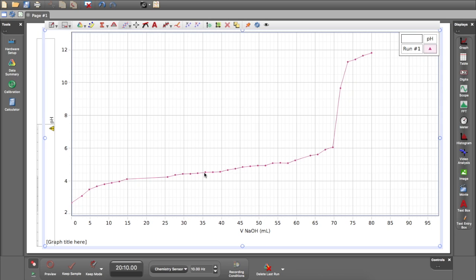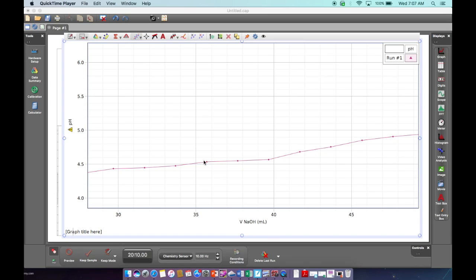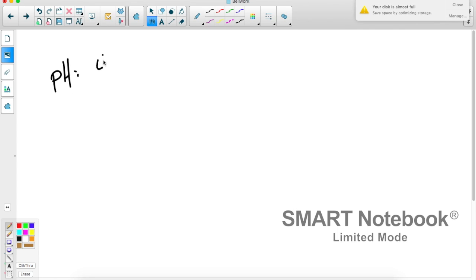And that looks pretty good because this is indeed the flattest part of my pH curve where I have a perfect buffer where the pH is experiencing a very, very small decrease. So if I zoom in, try to get the pH at that point, looks to me like the pH at that point is going to be about 4.55. So if my pH was 4.55, then of course at the midpoint of a titration, you know that the pH equals the pKa. So my experimental pKa for acetic acid is